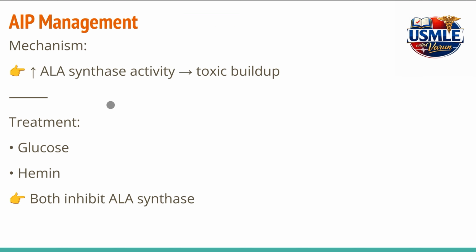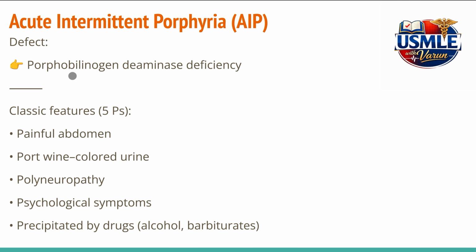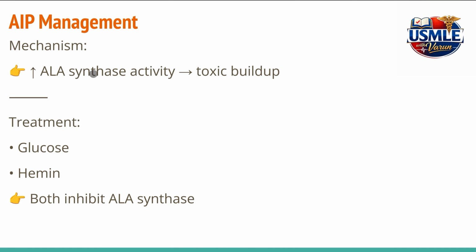Management of acute intermittent porphyria includes treatment with glucose and hemin, as both of these inhibit ALA synthase. The most important cause for this acute intermittent porphyria is deficiency of porphobilinogen deaminase and induction of ALA synthase. So when we inhibit this ALA synthase using glucose and hemin, we can effectively manage acute